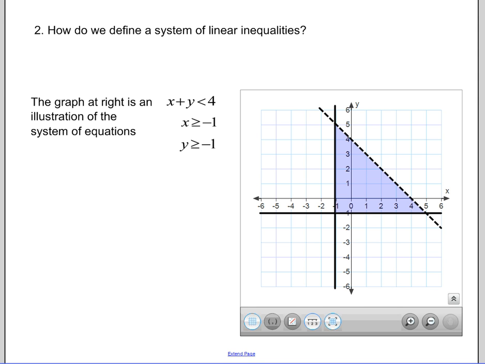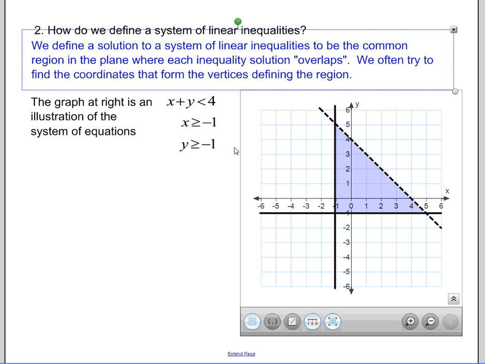Okay, a little bit more discussion on how we define a system of linear inequalities this time. And we were asking, what is a system of linear inequalities? Well, just like a system of linear equations was a group of equations that gave us one, hopefully, common solution, or possibly no solution at all between sets, we define a system of linear inequalities this way. We say that